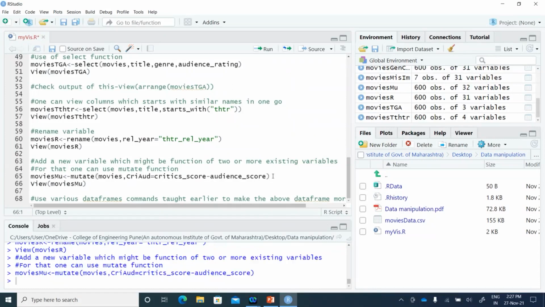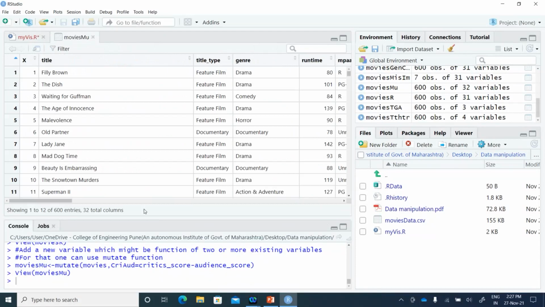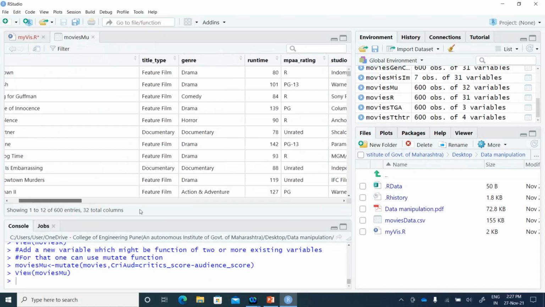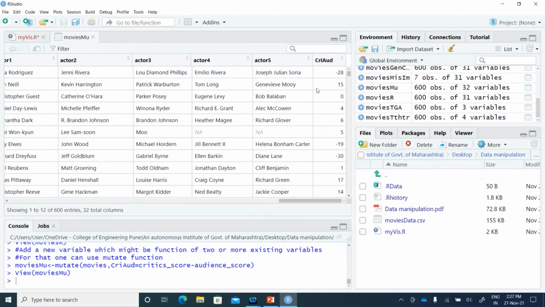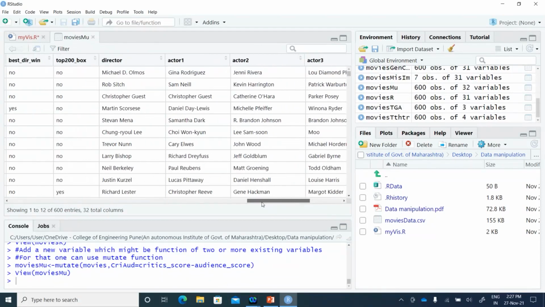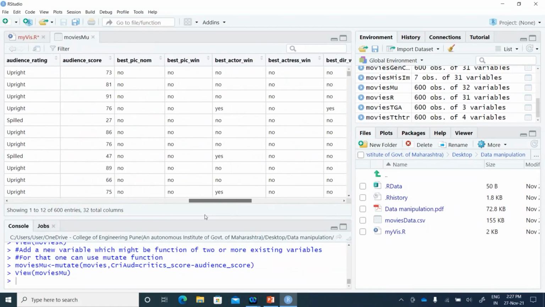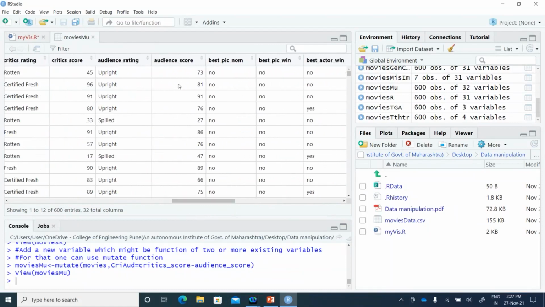And let's check how that looks. Here, if you can see this mutated data frame, it now has 32 variables. That last variable has been added as the last column. Let me check it over here. It is CRIAUD, and it is the difference of critic score and audience score. 45 minus 73, I think that was some minus 20, 96 minus 81, then 91 minus 91 should be 0.